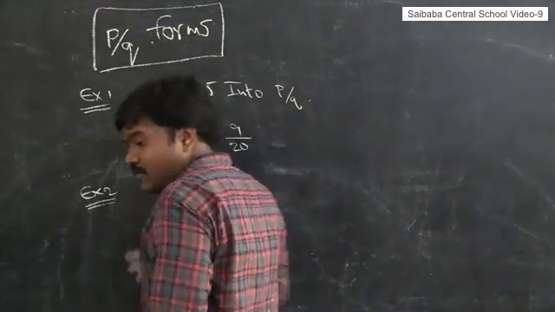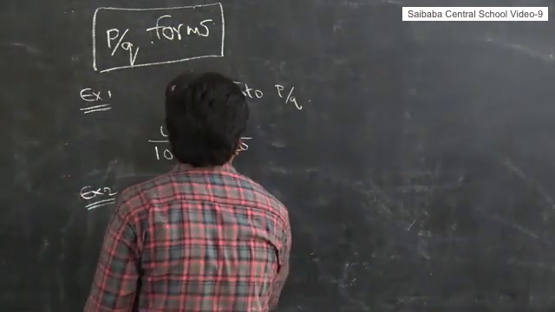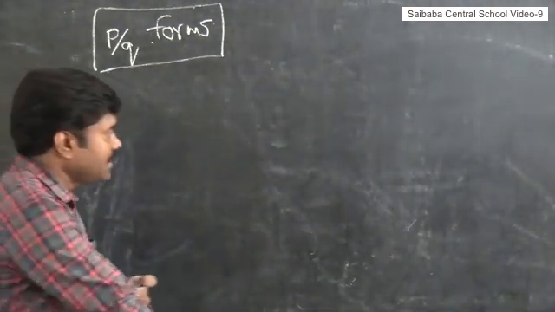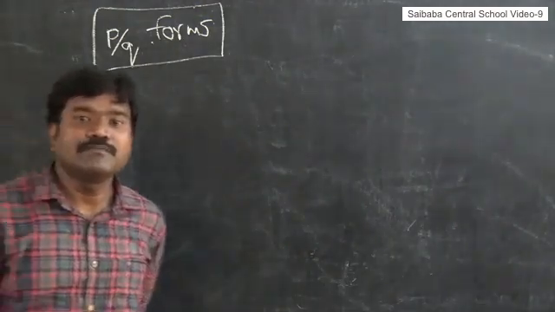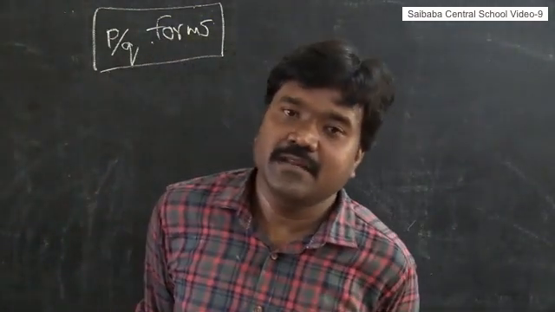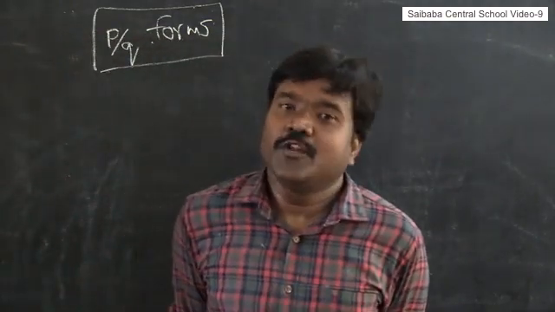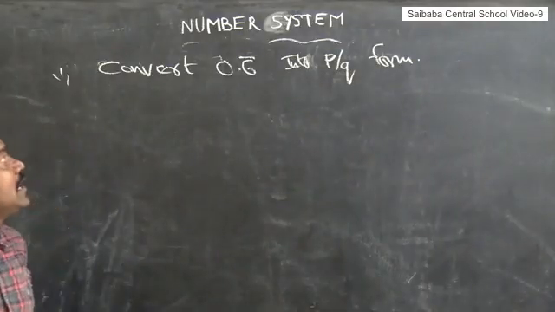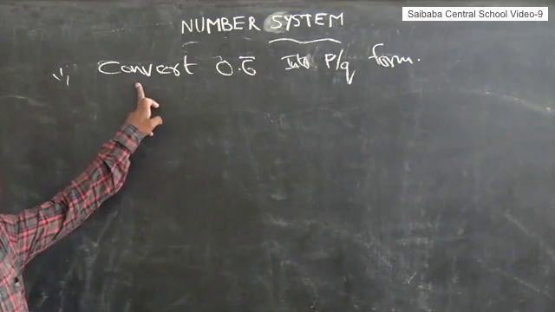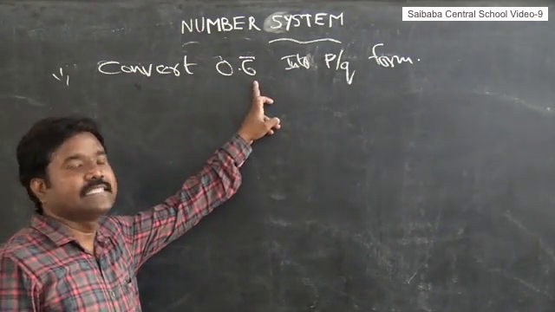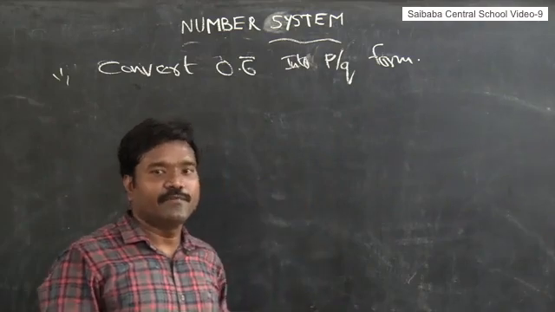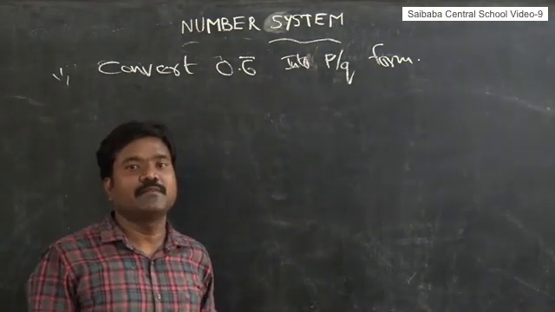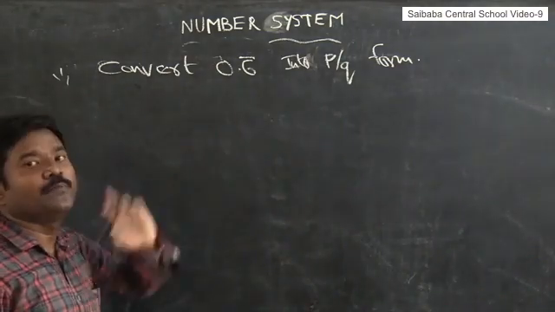Okay? Then we'll go to some examples with bars. This is a very important method. You please learn. I'm giving a question: converting a rational number into p by q form. We learn now, okay students. Now I'm taking one more question. Convert 0.6 bar into p by q form. As I said before, this model is very, very important. We have so many questions in this model, in the textbook and in examples.